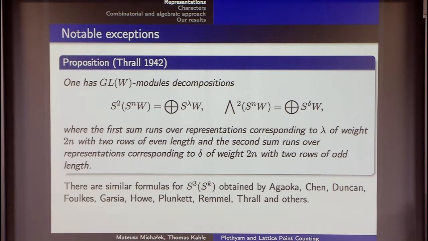So there are precise, explicit formulas to decompose S3 of Sk. This is not very, very difficult. There are many people who obtained them. This already is later than 1942. There are many different formulas, but in particular there are explicit formulas. I should say that formulas for S mu Sk, where mu is an arbitrary partition of 3, are also known. Great. So what about